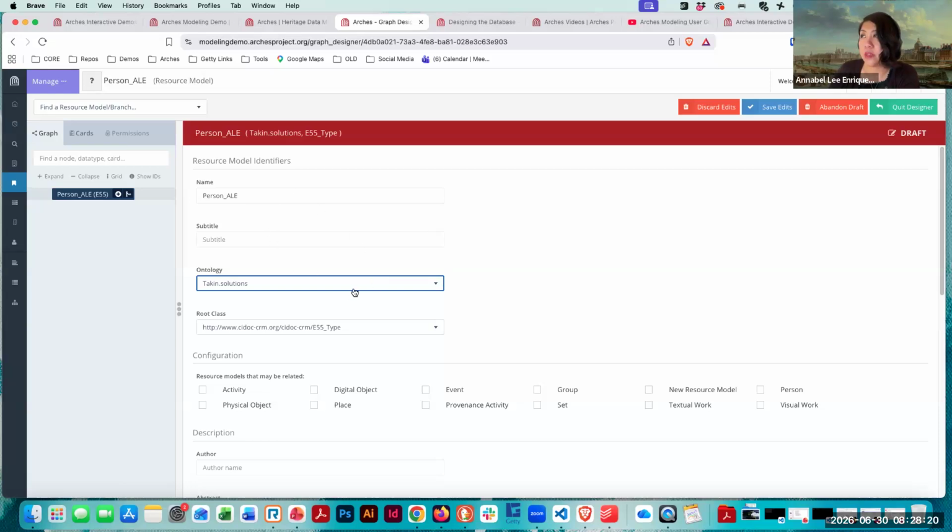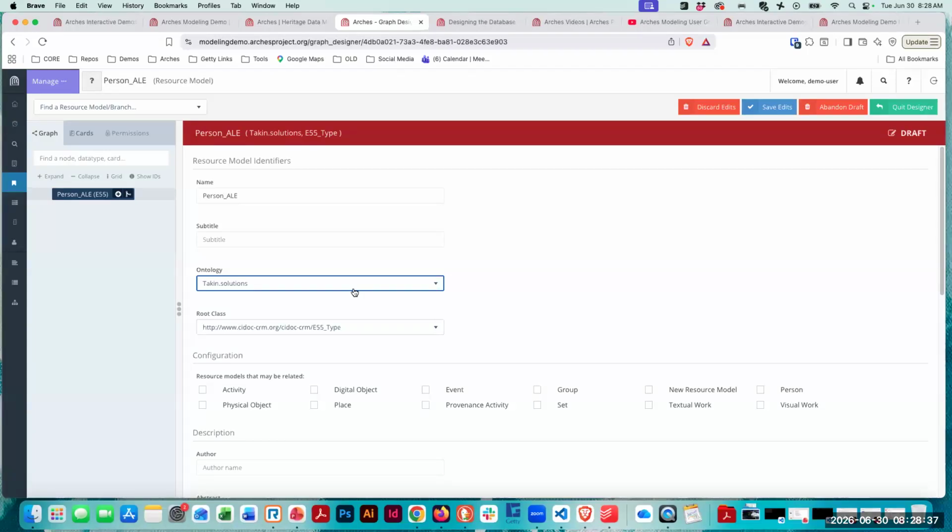So I'm choosing to use it. Yeah, George, just to bracket that, it says Takin Solutions there, but there's no Takin Solutions ontology. It's just the name of the setup file. If you actually dig into this instance, downloading it, it's CDoc-CRM, it's linked Dart. So don't be deceived in thinking there's some obscure,